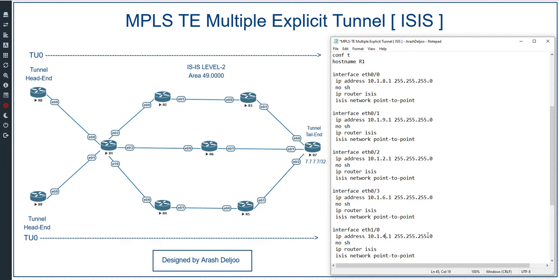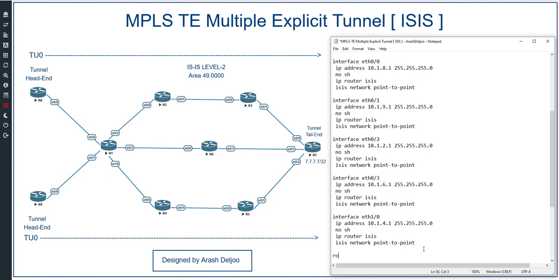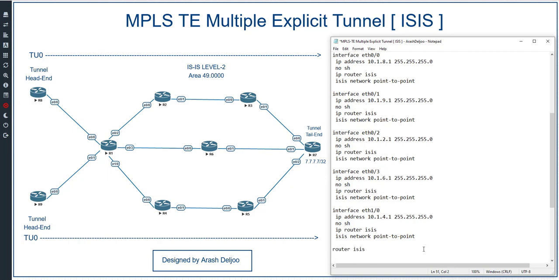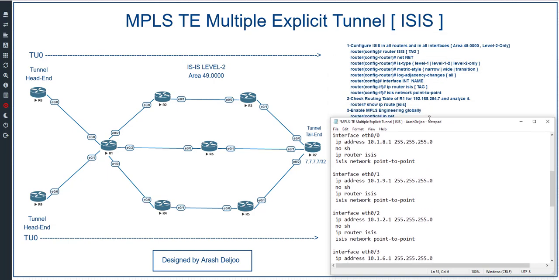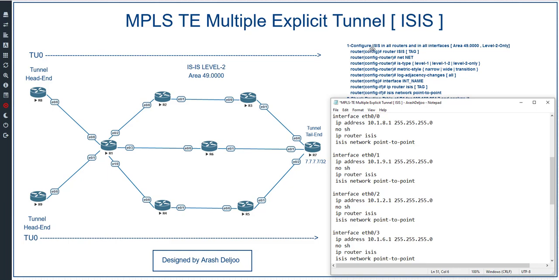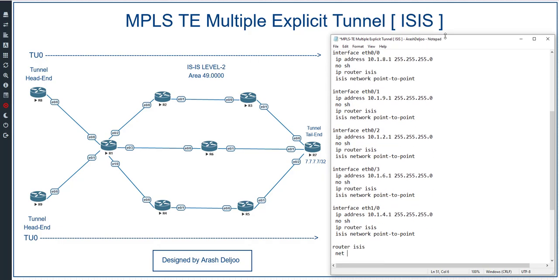Okay, this is the configuration of R1. Let me also configure ISIS, router isis. Here we can configure the net address. As you can see in the first instruction of the scenario, configure ISIS in all routers and on all interfaces, using area 49.0000 and level-2-only routers. You learned about this configuration in the ISIS course: router isis, net address, is-type, metric-style wide, log-adjacency-changes all, and after that on the interfaces we can configure ip router isis and also isis network point-to-point. Okay, let me